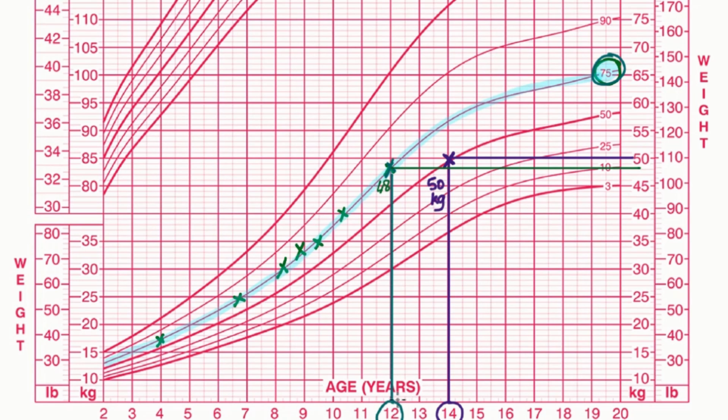This kind of thinking makes someone with an eating disorder freak out. But if you look at the chart, you can see she's really fallen off her weight curve from the 75th to the 50th percentile. And though the 50th might be great for some people, it's not for her. For her, that's underweight. So let's look up age 14. Where should she be on the 75th percentile? About 57 kilos.